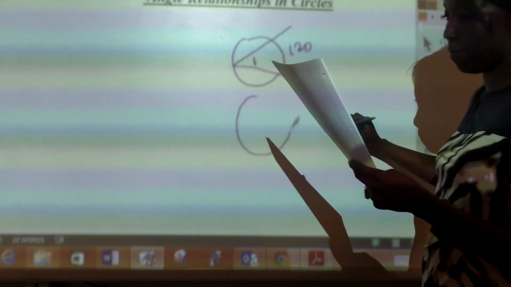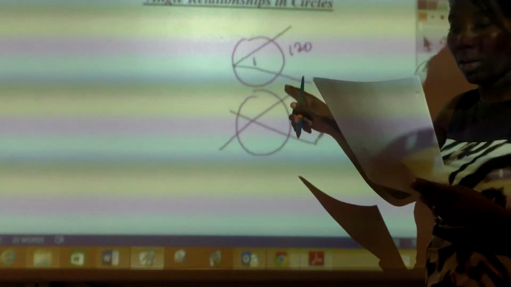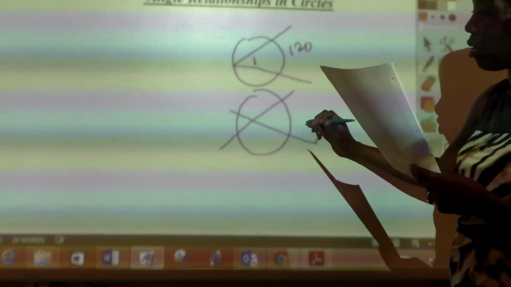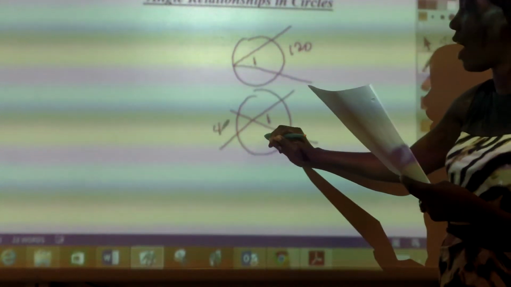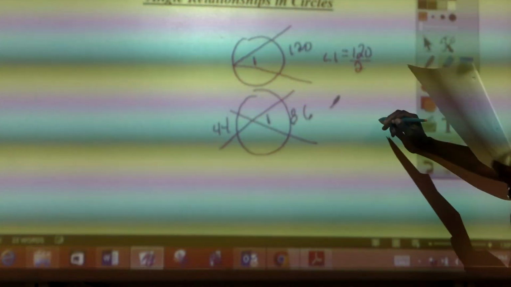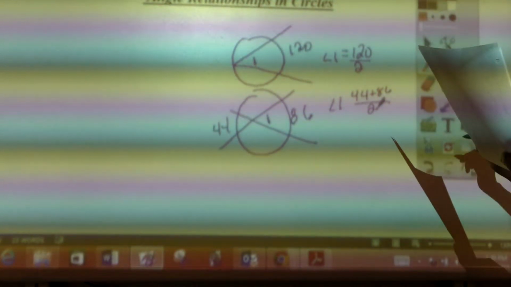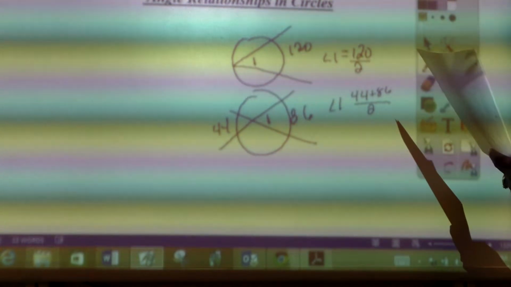If you have 2 secants, so this is an inscribed angle, inside the circle, remember to find the angle, you do half the sum of the 2 intersected arcs. So here, angle 1 would equal 120 divided by 2. Here, angle 1 would equal 44 plus 86 divided by 2. And then the last one would be,